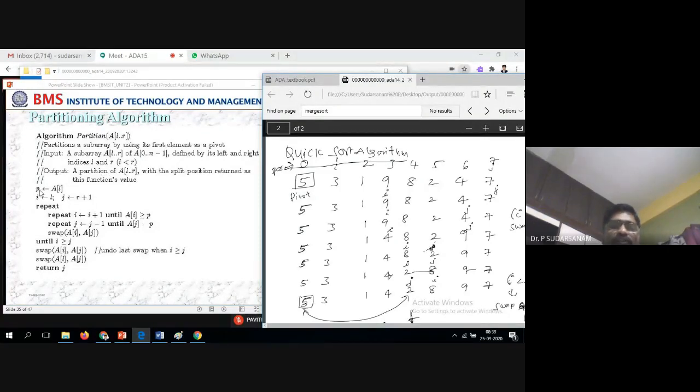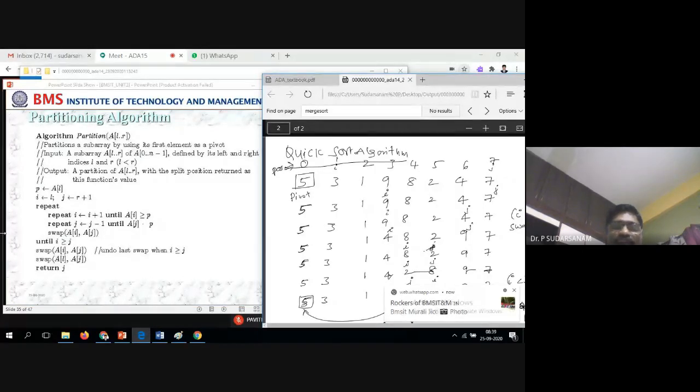Now the output is what you will be getting. So this much is the algorithm. That's it. It will take just 5 minutes to understand, then you can remember and write it. So the first element is A of left, that is the 0 location. This is the first element I have taken. Now the i value you have taken is the left. So the same element you can take, otherwise the next element also you can take. j is equal to r minus 1, so r minus 1 means n minus 1, the last element you have taken here.